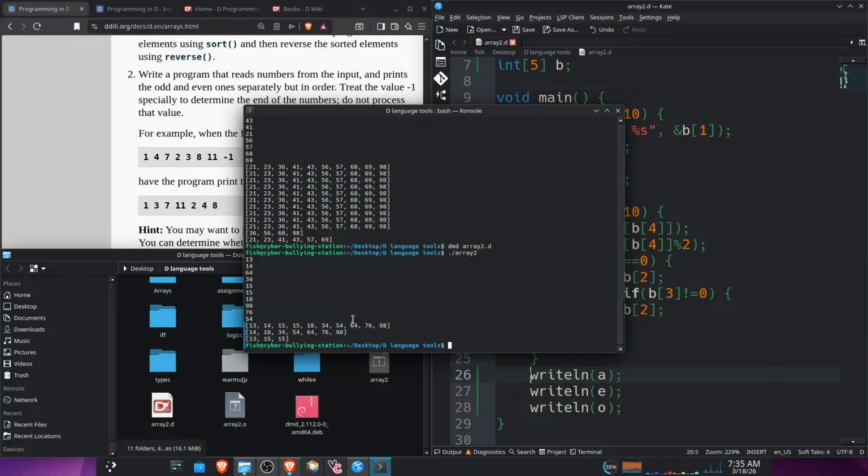Now, if we give it a negative, it won't do anything. It won't even work with a negative. That's awesome. But I do like the idea of having it use different numbers for, like, different things. So